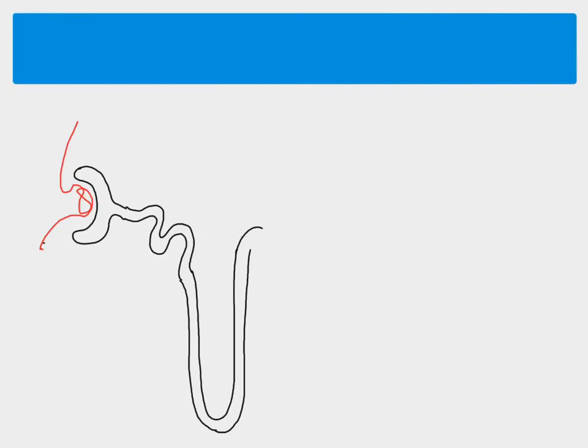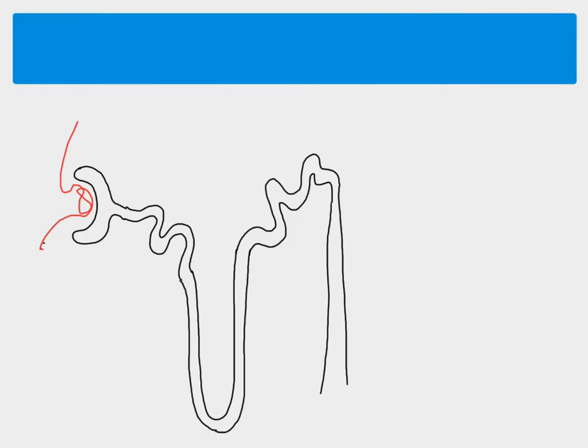Once the filtrate has been formed, it travels through the proximal convoluted tubule, and this is where selective reabsorption happens. If we just then follow it through from there, after selective reabsorption, then we move through the loop of Henle, and then we move up through the distal convoluted tubule, and then finally down to the collecting duct, and the urine is what we end up with at the end. This part here, as we said, is what we're looking at today, so the selective reabsorption happens in the proximal